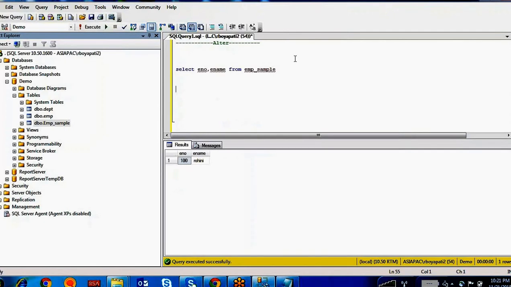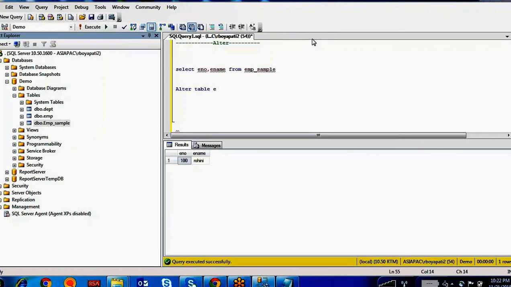If you want to add a salary column for this table, which is already existing in your database, how can you add? By using the alter statement, you are going to change the structure of the table. The changes mean alteration. You are going to do some alteration for this table. Got it? Alter table.